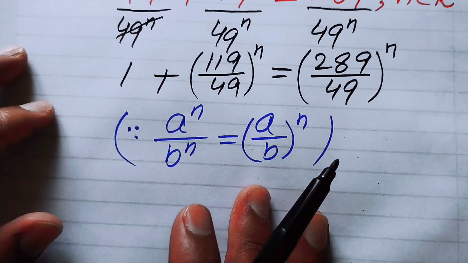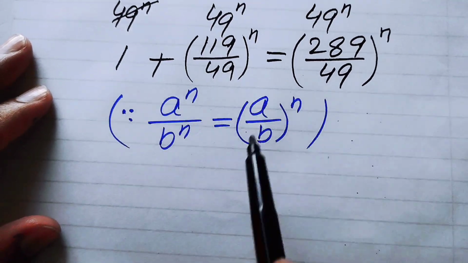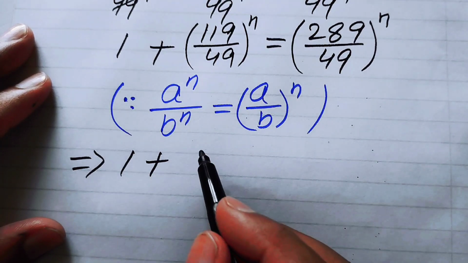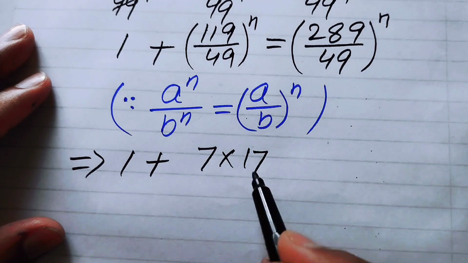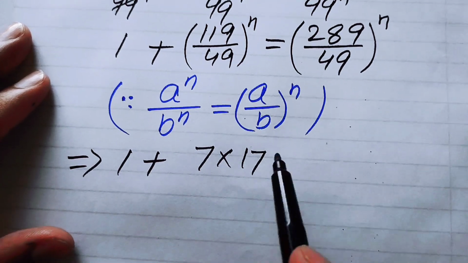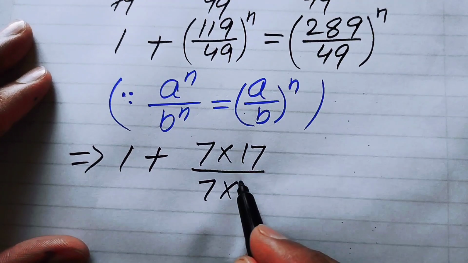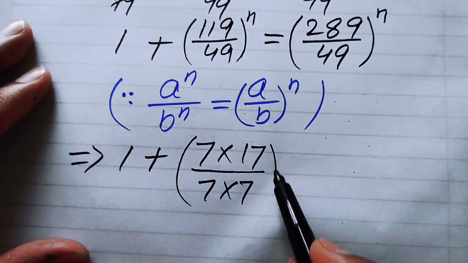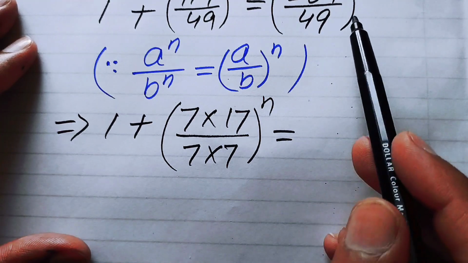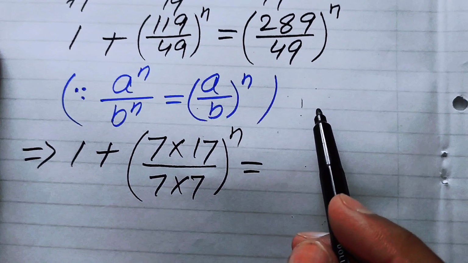And after this step we will write 119 as 1 plus, it is equal to 7 times 17, because 119 is equal to 7 times 17, whole over 49, and 49 is equal to 7 times 7, and its whole power n is equal to